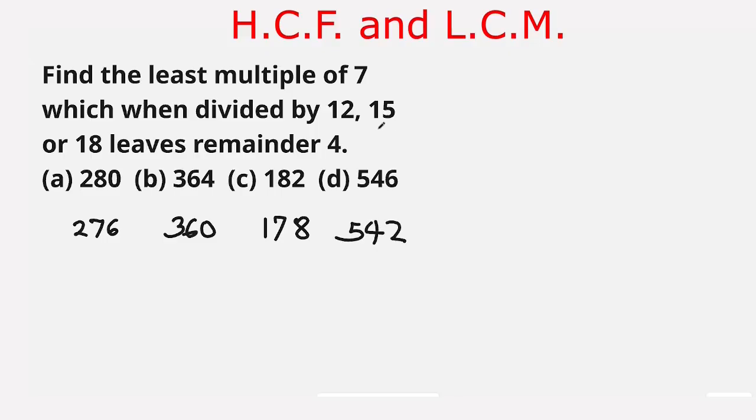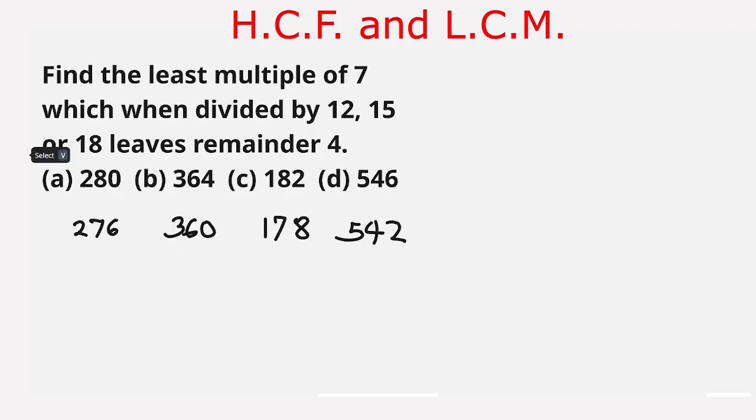Now the number must be divisible by 15. It means that the number must end with 0 or 5. And the only number here is 360, which is ending with 0. And no other number is ending with 5 or 0. So option B must be our answer. This is the easy way to find the solution from the given options. Now I erase this and we will solve it with the